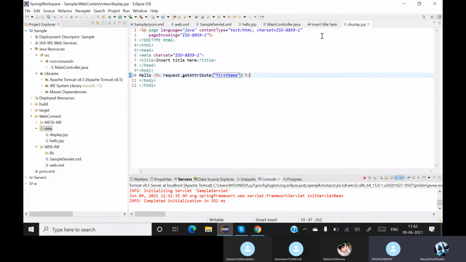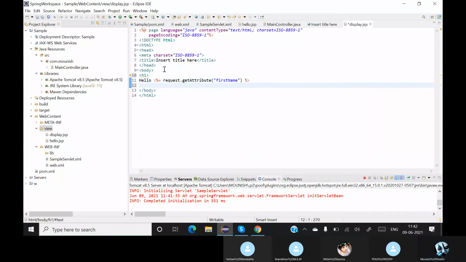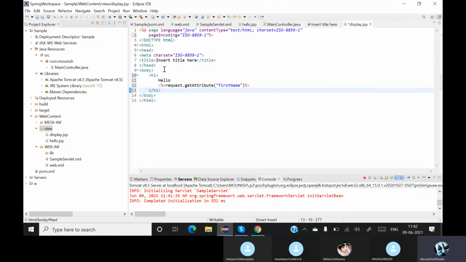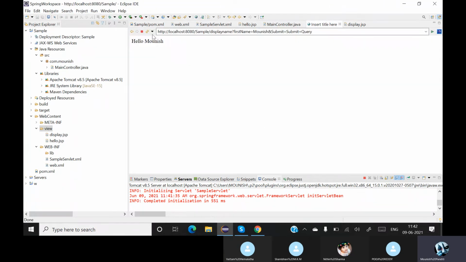Yes, sir. Let me go back to display.jsp and put an h1 tag over here, format the things, save it, go back over here, refresh this. Good.